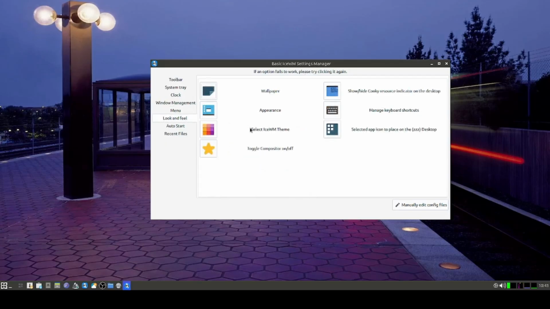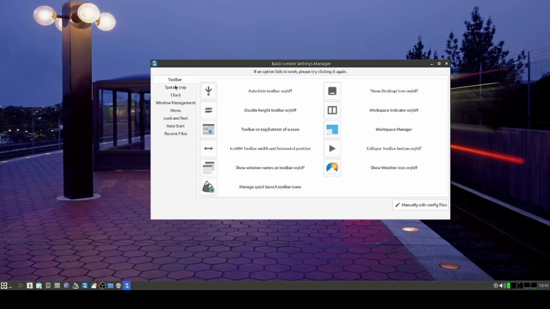You have seen earlier during the review how to change the wallpaper, appearance and themes, everything, compositor on off. So that is not to be checked again and again. So that's it. We have completed some very unique features of AntiX Linux. That is, you can use many of the settings from the basic IceWM manager in the control center of AntiX. And now I will stop the video here. See you in the next video with some more